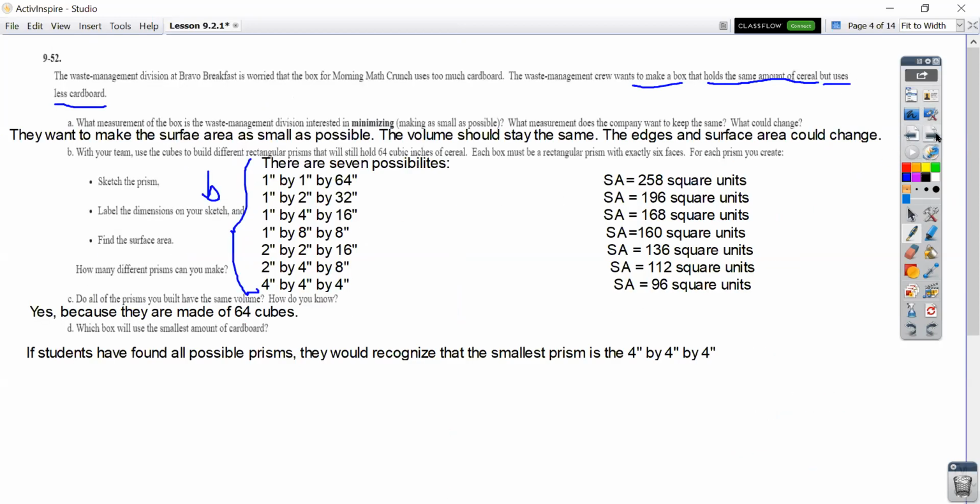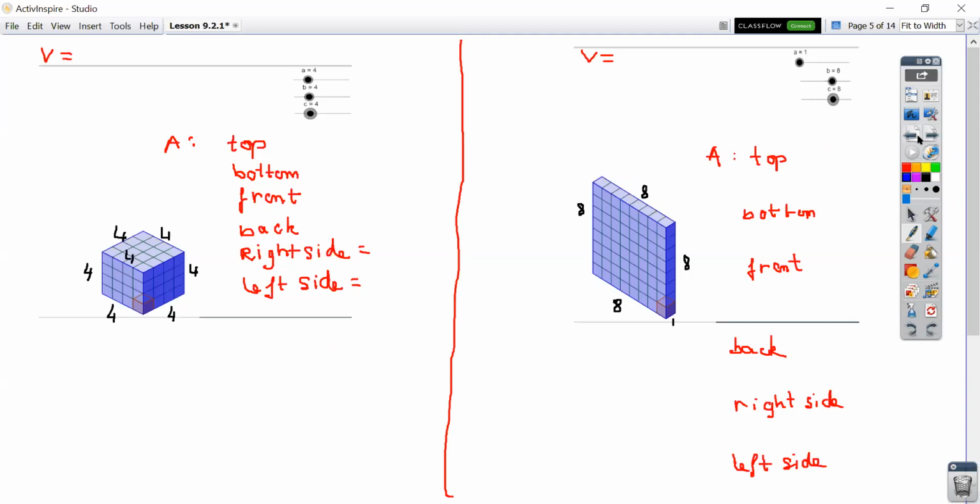And another example from the 7 possibilities, 1 by 8 by 8. For both of them, you can find the volume: length times width times height. The volume equals 4 times 4 times 4, which is 64